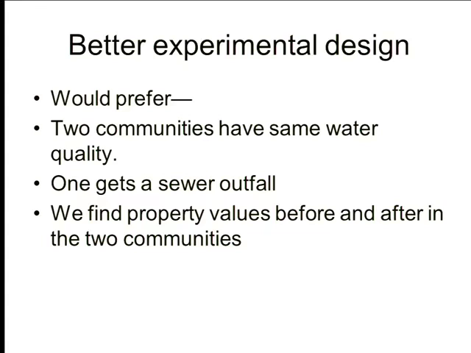And then something is done to one of them and not the other. Chernobyl explodes, and it gets you a little radiation, but the guy 100 miles on doesn't get got. And your 2 villages that otherwise look the same in the Ukraine. Now, that would be an example. And so something happens to one and not the other, and then we can see, what did our event cause? Did our event cause the property values to go down more in one than in the other? That's the way we'd like to do it today if we could. Often you can't, but that would be our chosen way to do this sort of stuff.